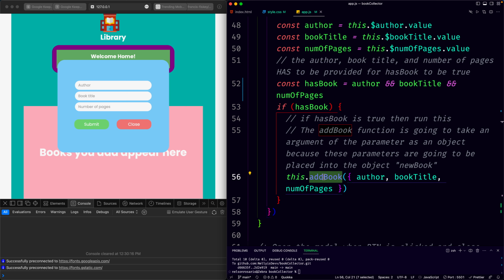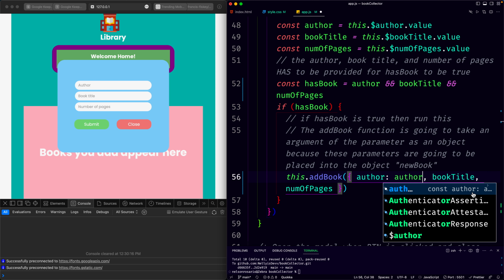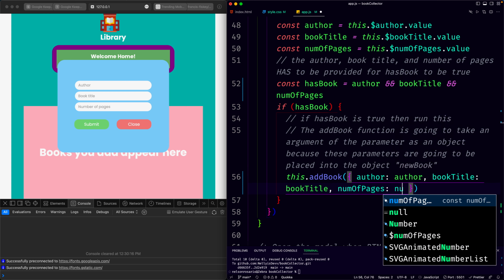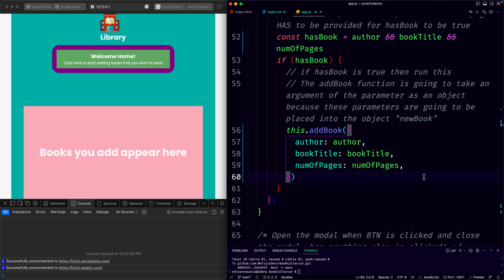So this add book is calling a function, and since this function is being called, this is the argument, and the argument is going to be an object literal syntax. So it's creating an object with these three values, and these are just object shorthand. So this would just basically be like saying this right here. And I'll leave it like this just for reference, just so I don't get confused in the future. So this is just object shorthand,